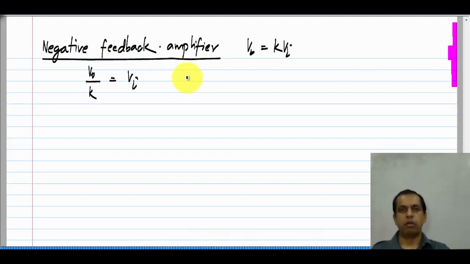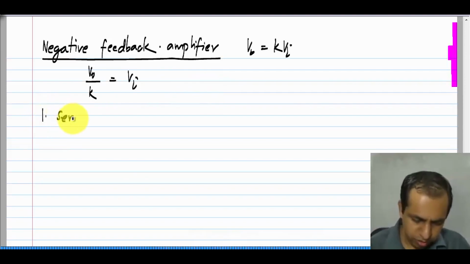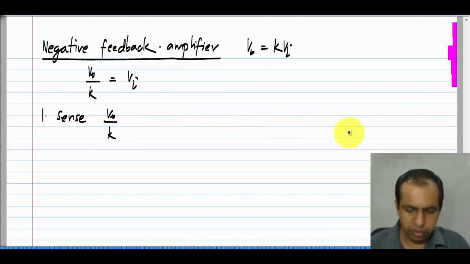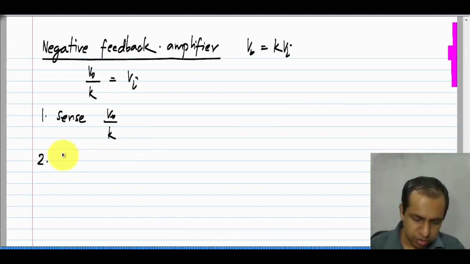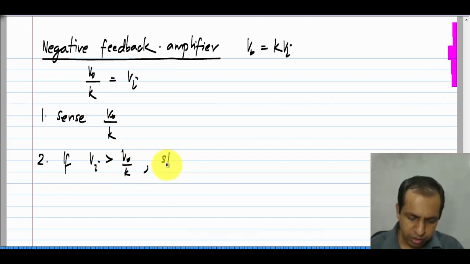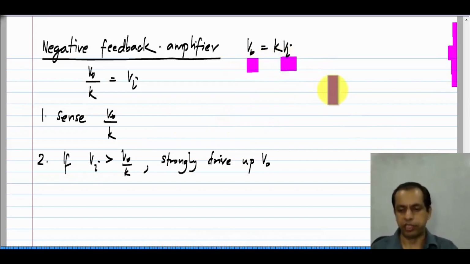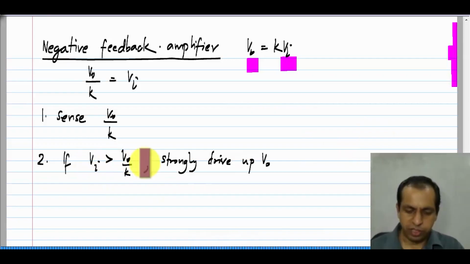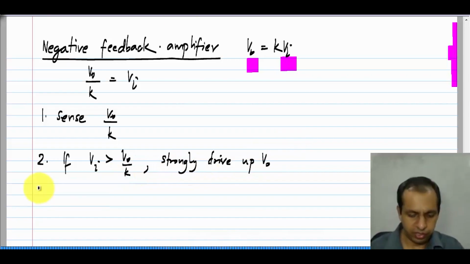Now, how does the op amp help me? What I will do is the following. I sense V naught by k. How I will do it, I will show it to you in a short while. If V I is more than V naught by k, I strongly drive up V naught. V naught is the quantity I want to control, it is my output, whereas V I is the input. So, if V I is more than V naught by k, that means that V naught is too little. So, I will strongly drive it up, so that it goes in the right direction, and